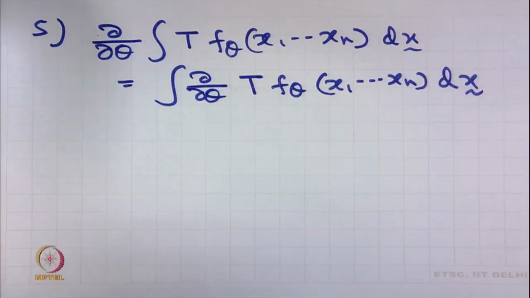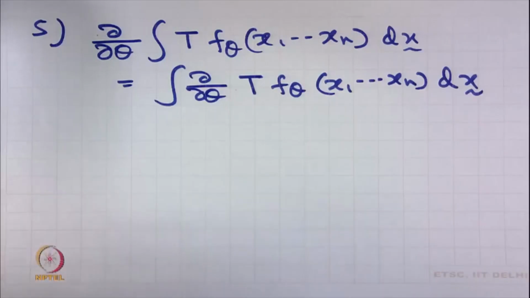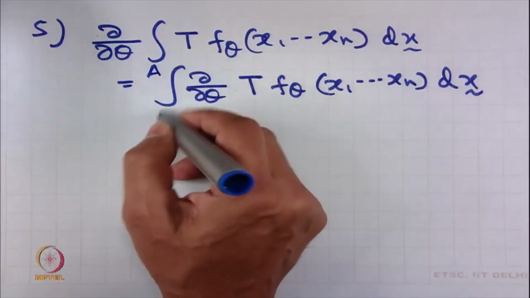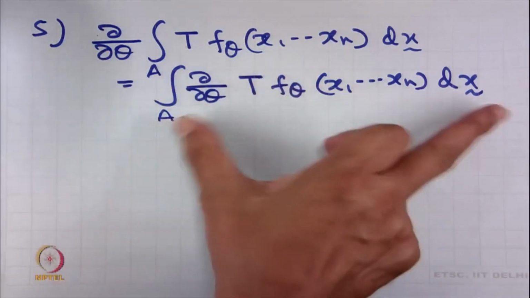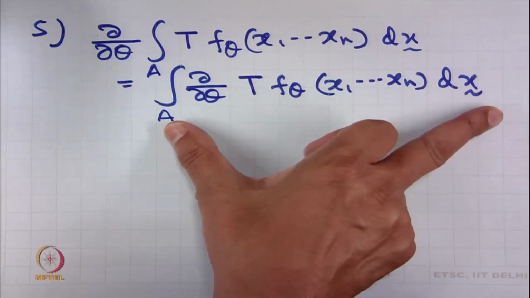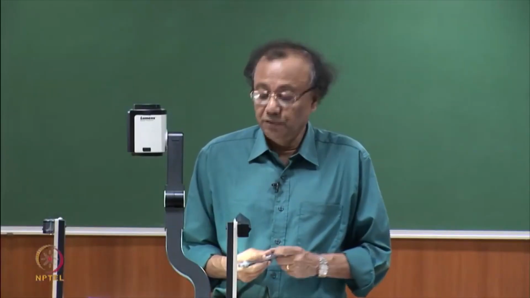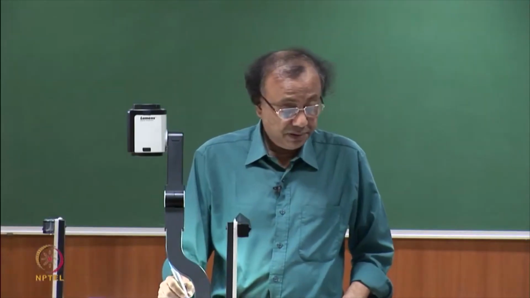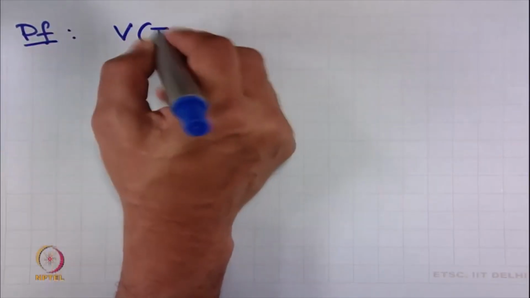So, if you look at 4 and 5, you can see that basically we are allowing the differentiation to move into the integral sign, and this is possible if the limit of integration does not depend upon theta. Okay? With this assumption, now let us prove the Cramer-Rao bound,